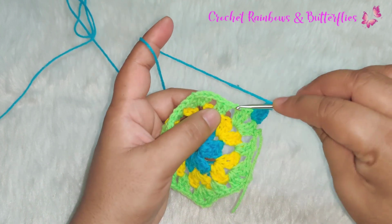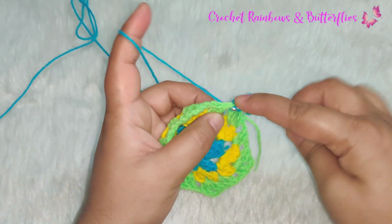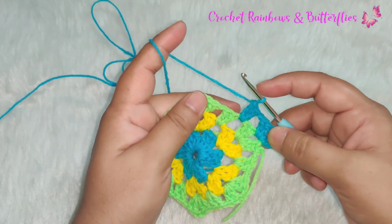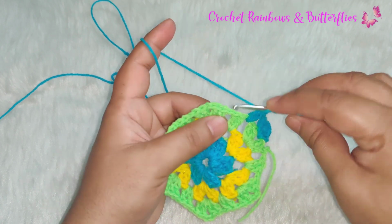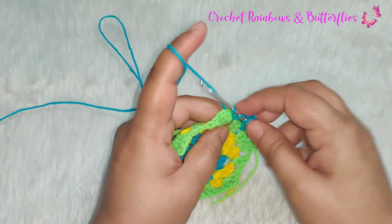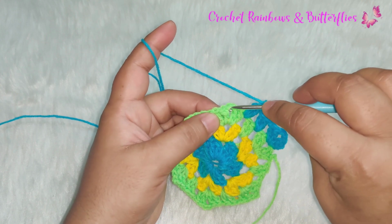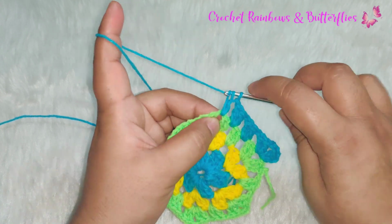Chain 1. In the next chain space here, you work 2 double crochets, 1 and 2. Chain 1. In the next chain space, 2 double crochets, 1 and 2. Chain 1. Now in the next chain 2 space here, you work 2 double crochets,